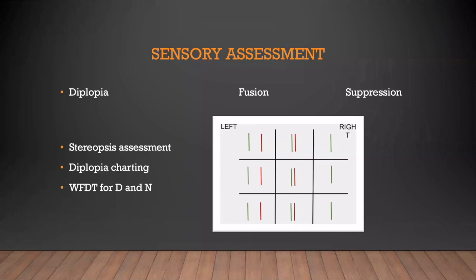However, if the eyes are not aligned and the patient has a double vision, you're going to have manifestations like this, where the patient will say, I am seeing two lines, maybe not on the right side, but when I look more to the left. And this is how you document on diplopia charting. This would be a sixth nerve palsy in the left eye. Hence, on the left side, there is more doubling of the vision. So the distance between the two images is very far. However, when the patient looks on the right side, there is a single image that is formed.